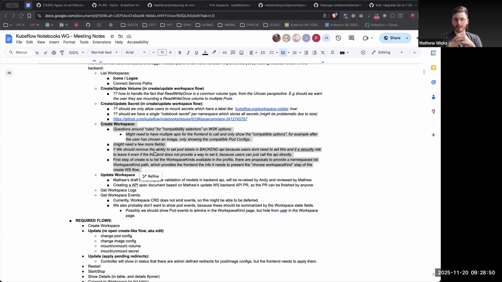But effectively, what it means is that now when you get a workspace kind, the options will not be returned to you. Those will be ripped out of the workspace kind. Are they currently returned by the workspace kind? They are, yes, the API, the get workspace kind. I don't think we'll necessarily rip that out yet, but the point is you're not going to use it because you'll get that information elsewhere.